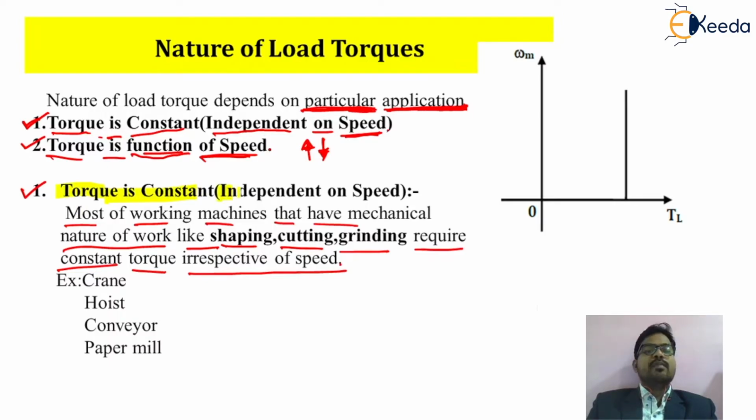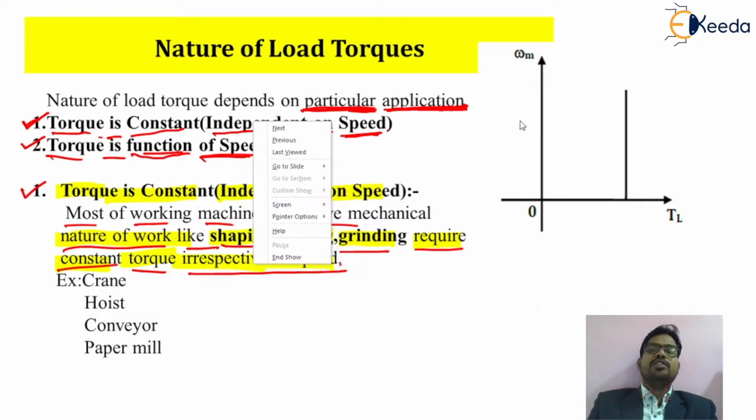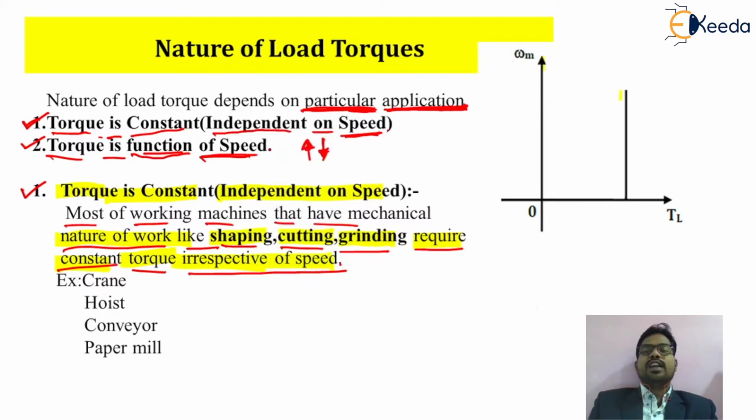So these applications are called various mechanical work. Such mechanical work may be shaping, cutting, or grinding of a machine. It will require constant torque irrespective of speed. So such a nature of torque will be shown by this graphical method, in which obviously the load torque is constant, which